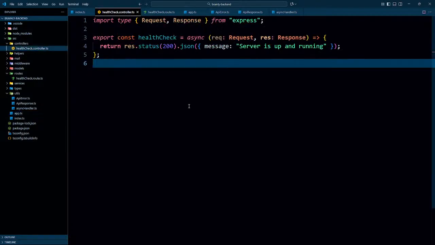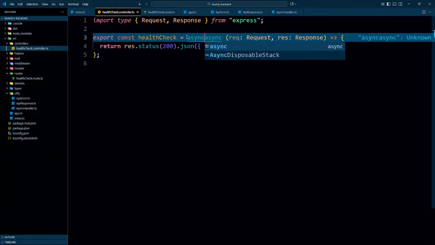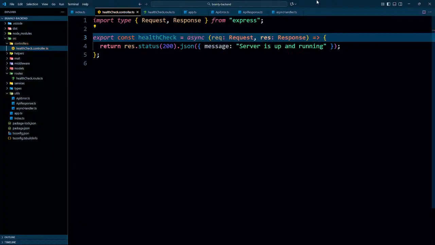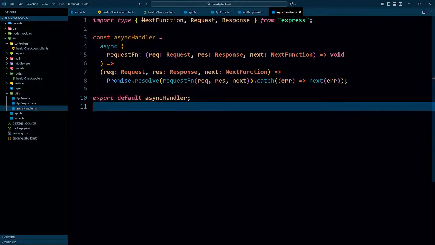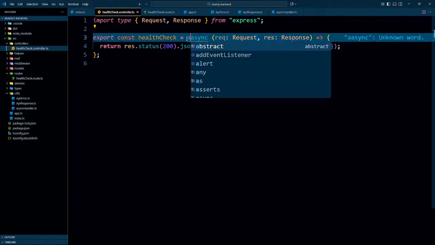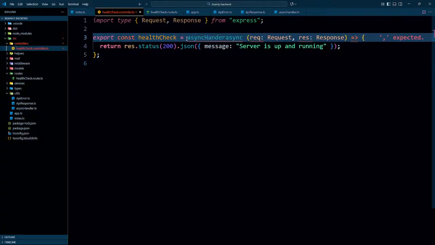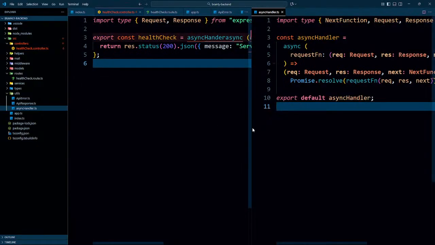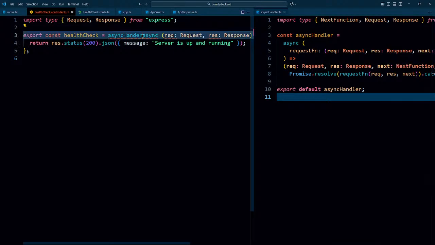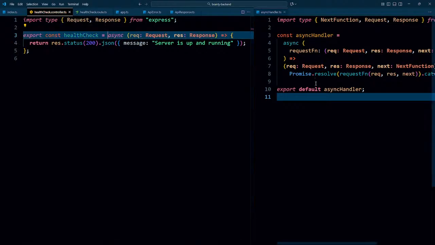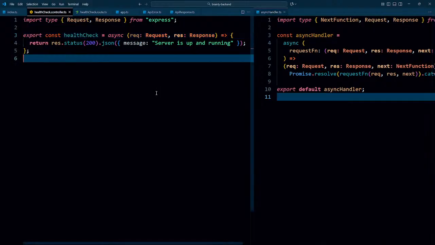So where am I gonna be using it? In the health check route, I will be wrapping it in async handler. I am not exporting that from the file, export default asyncHandler, something like that. Once it is exported, then I should be able to use it in here. So async handler, amazing. Let's keep it on the right side. Close everything. Why am I not able to get async handler? Export default. Once it is exported, I should be able to get it.